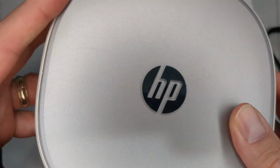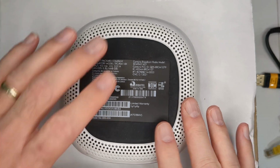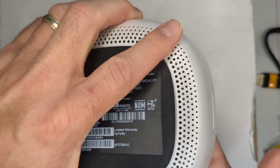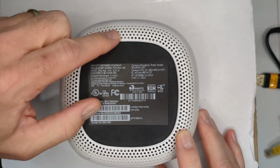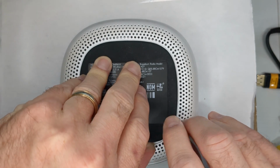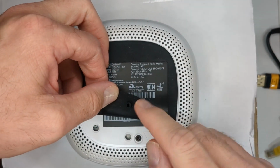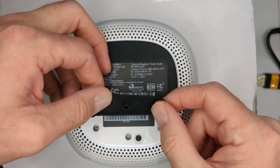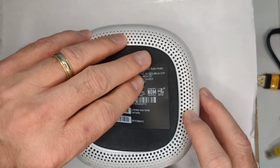Let's crack it open. I can kind of show you what the inside looks like. You're going to put it down on its face here. And there's just a piece of rubber, and it's held in by little, I don't know what we call them, grommets or some kind of holder. Peel it back. Now mine, through the years,